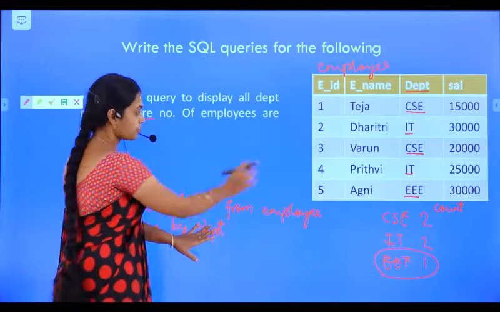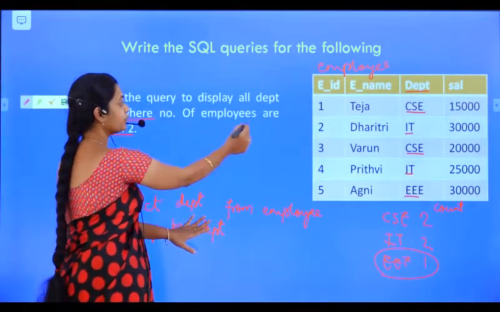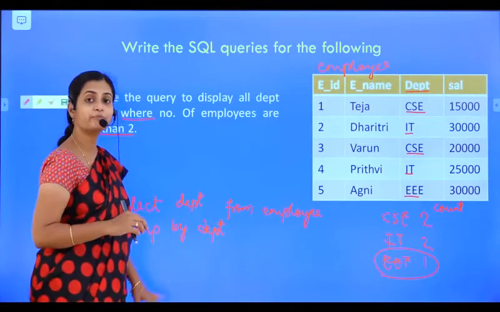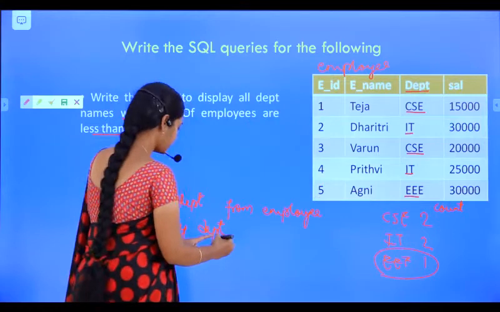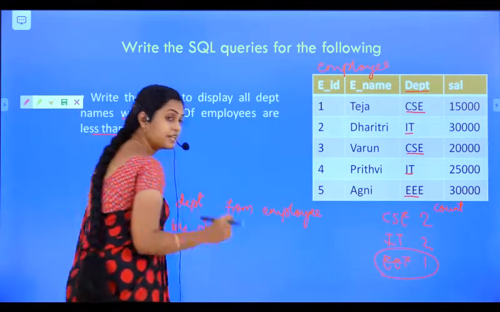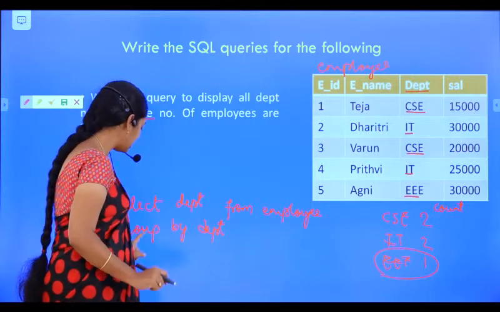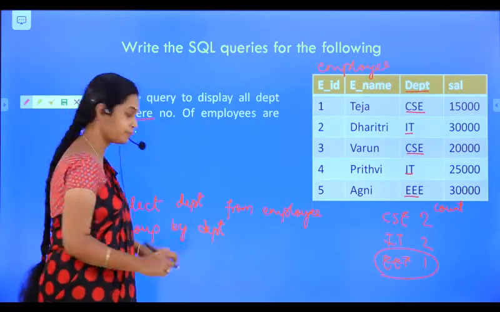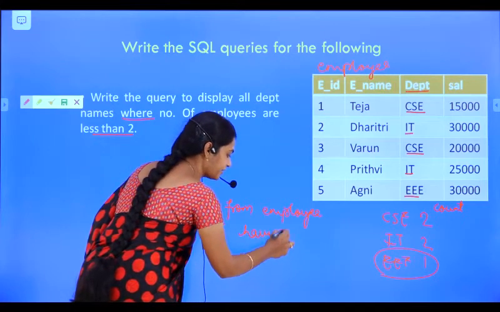Using count we can find it, but how do we retrieve the departments where the number of employees is less than 2? Using count, group by department. Now, the where condition will not come along with group by. Instead of the where clause you need to write having.